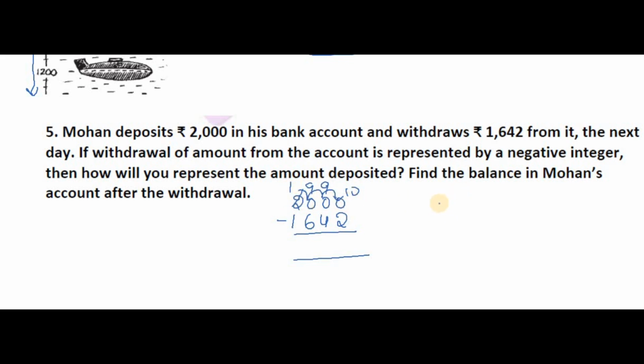First of all, I'll show you this subtraction, borrowing. From 0 we can't do subtraction, so first we'll give a borrow. This will become 10 and that will become 1. And from 10 the borrow will come here. This 0 will become 10 and this 10 will become 9. The same procedure will follow for the next 0. It will become 10 and this will become 9. In this way you get the answer here. Now 10 minus 2 is 8, 9 minus 4 is 5, 9 minus 6 is 3, and 1 minus 1 is 0. So in his bank 358 rupees are there.